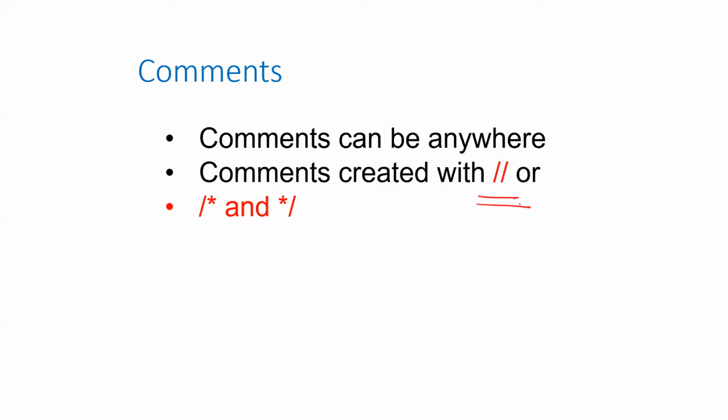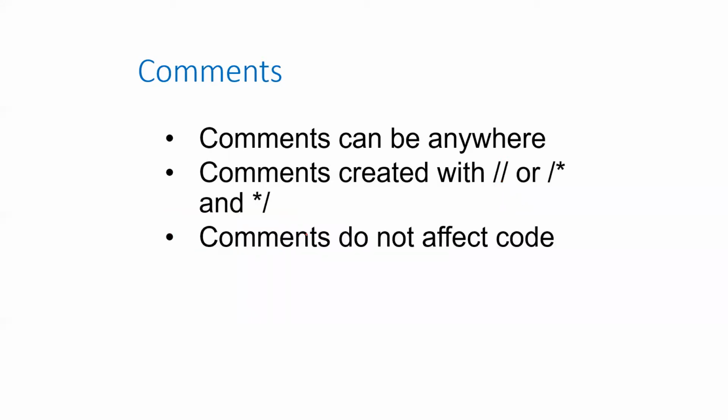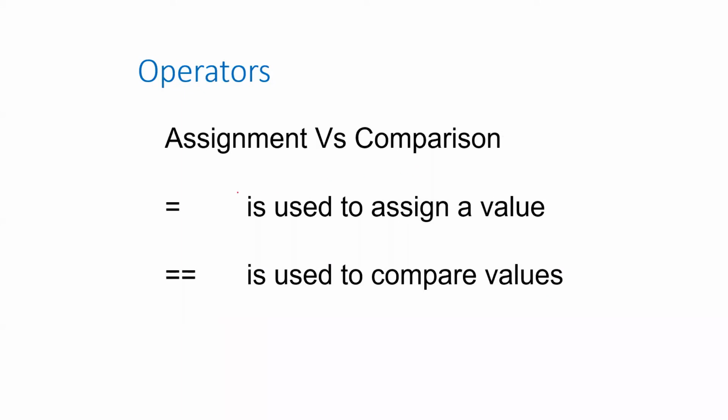So the first one is comments. This is single line commenting, and this is block commenting. This is something that you know already. Comments do not affect the code size, which means however many comments you write, they are not going to add to the final code size. Comments are used only for your understanding. Do comment your code so that it is easy for you to understand later on when you go through it. So let us start our discussion with operators.